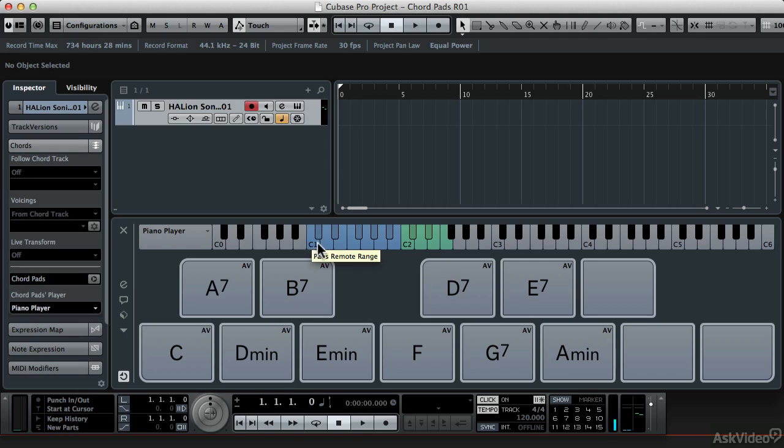And when you look in the range window up here, the blue notes that appear here are a representation of where the chord pads will be played. So this first C, C number 1 on my MIDI keyboard is going to play the first chord pad. So I'm going to move my mouse pointer out of the way and just play the first C on my